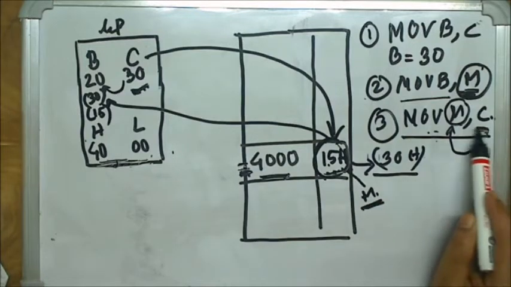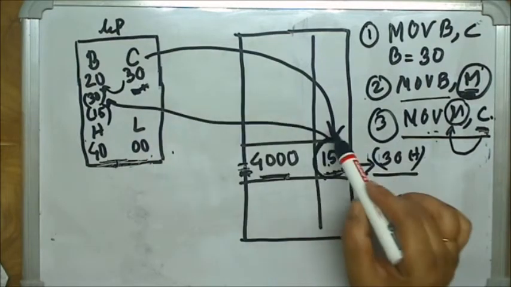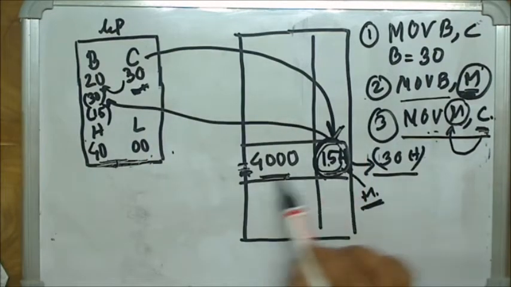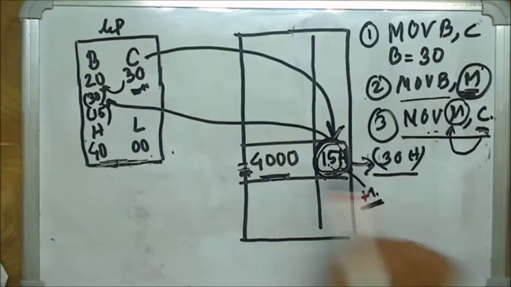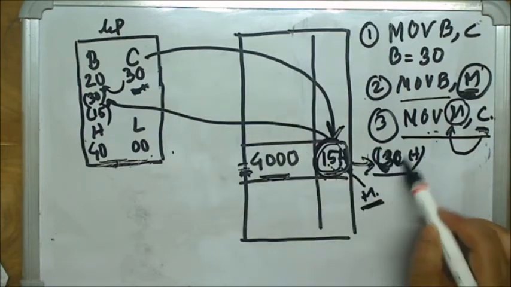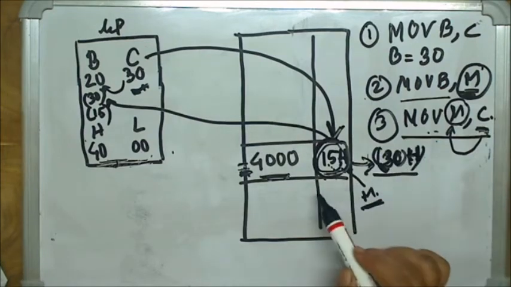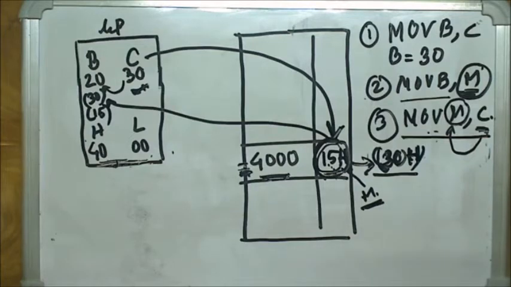So whatever data is there in register C, what is there in register C? 30H. So the 30H data will be copied to the memory location pointed by HL pair, that is 4000. So previously it was 15H, now it will be overwritten by 30H. So the new data stored in memory location 4000H is 30H. I hope all these three instructions are clear. Fine. Okay, so